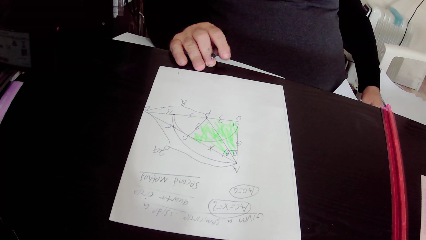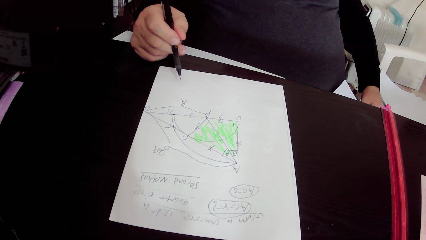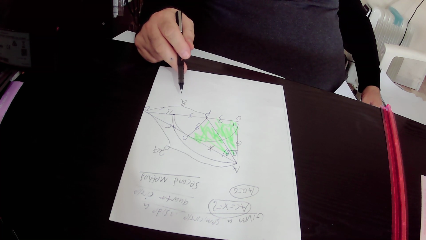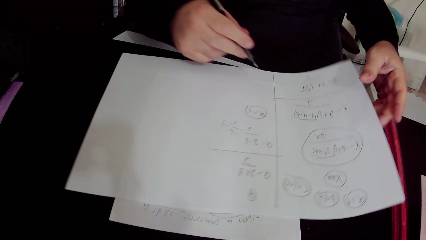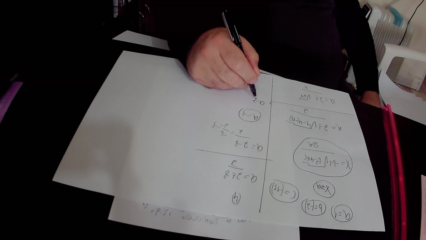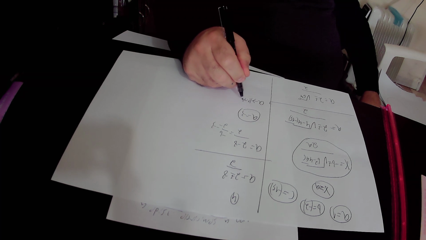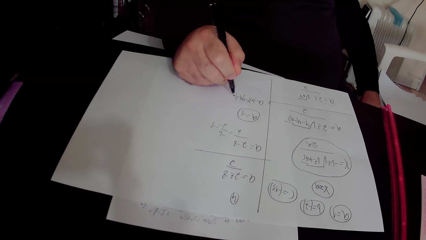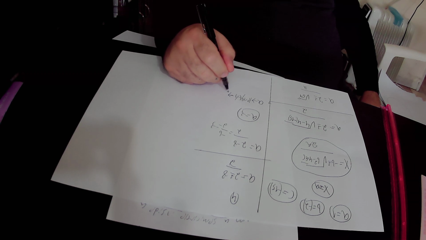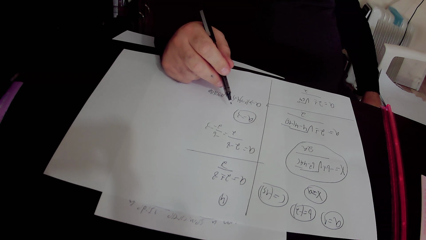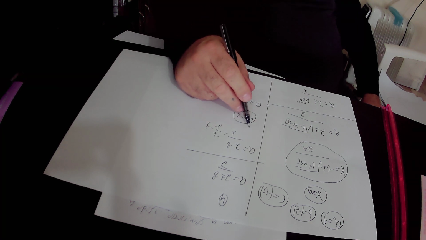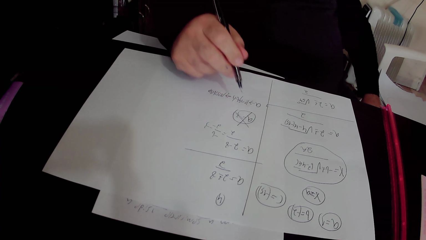But because a is the length of side PE, it must be a positive number. So a is a length, therefore it must be a positive number. So we cancel this solution because a must be positive as a length,